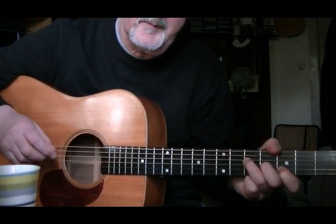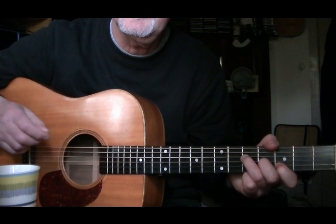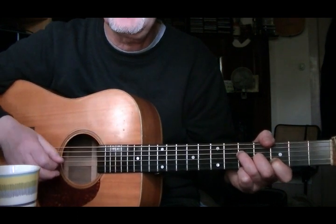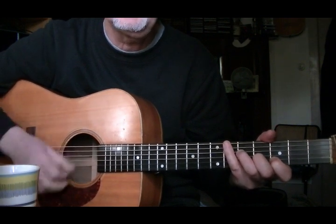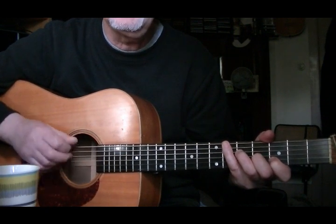Now a more complete idea of this style is to strum constantly down up, so down up down up, so my right hand is just going down up down up. Now if I hold the G chord down,